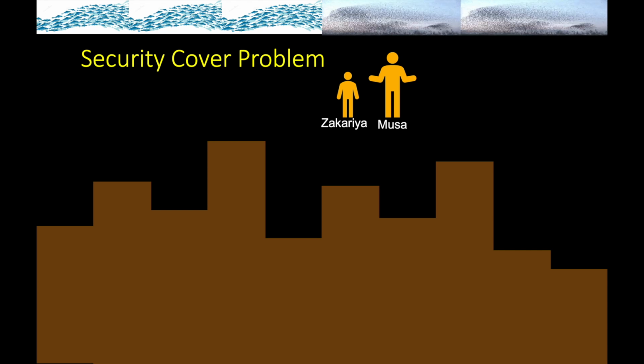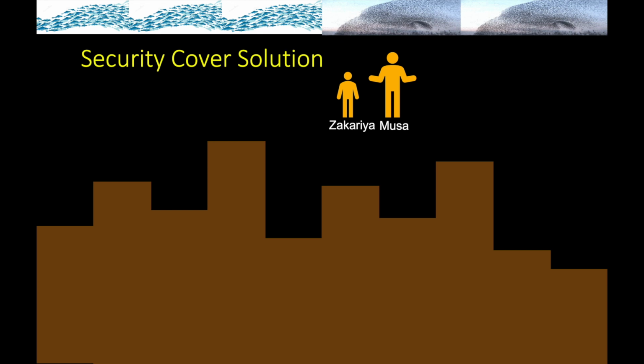Or you can move from right to left, that is from the last building to the second last building, and second last to third last building, and so on. So Musa and Zakaria are the two guys who are tasked to come up with the solution here. The problem is that they just want to find the highest building in JIK Institute. So if you were Musa and Zakaria, how would you find the solution, that is, the tallest building in this